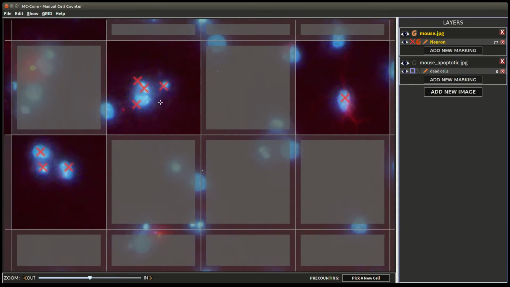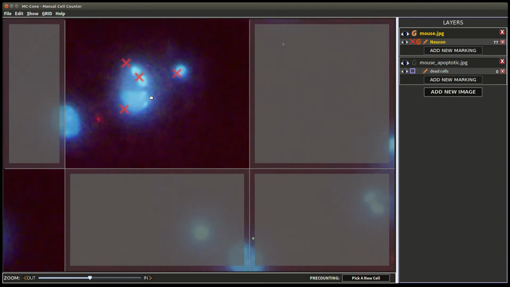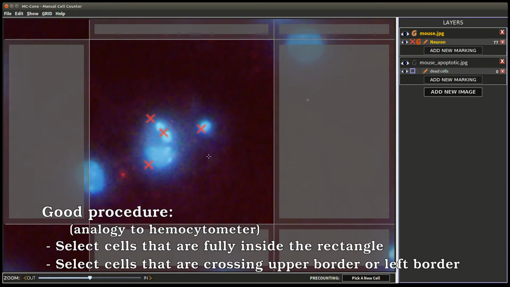Let's go first here. One good way is to select cells if they are crossing this upper line, then it's selected, and this left line, it is selected like this. But if it's crossing this right or bottom line, it's not selected.